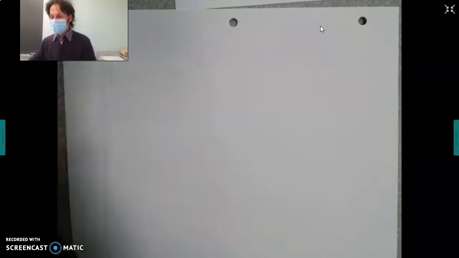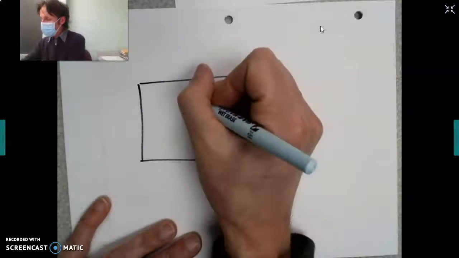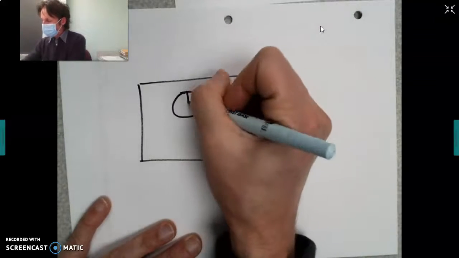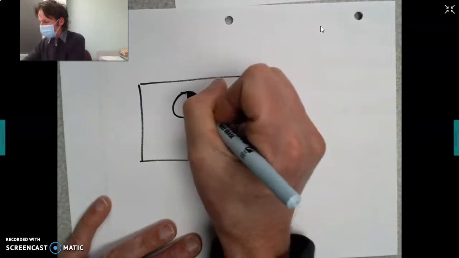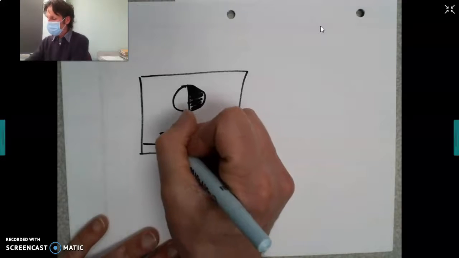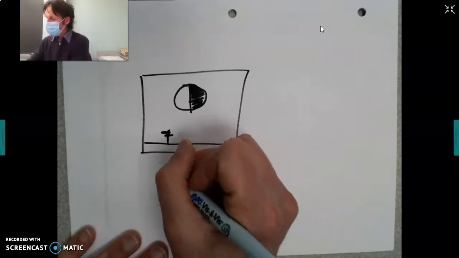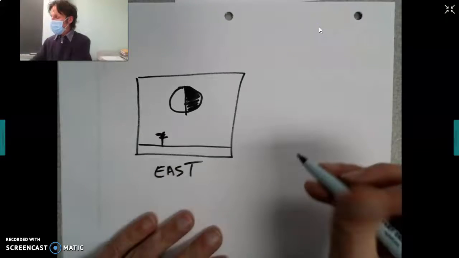Very good. So how we like to present these things is give you a moon phase, and then give you, this is just the ground here, and then give you a direction, east, and then ask you